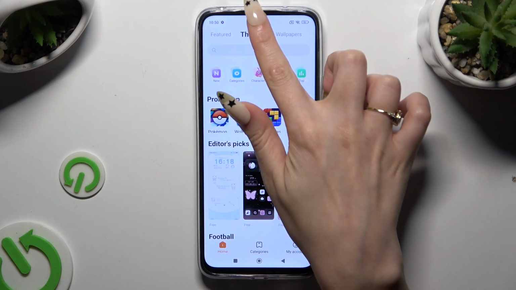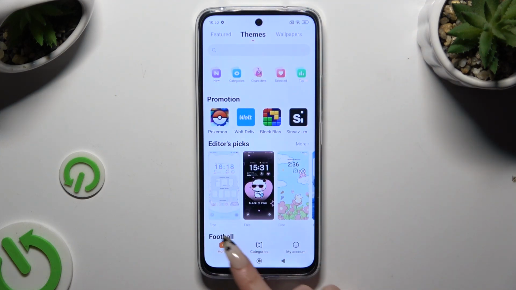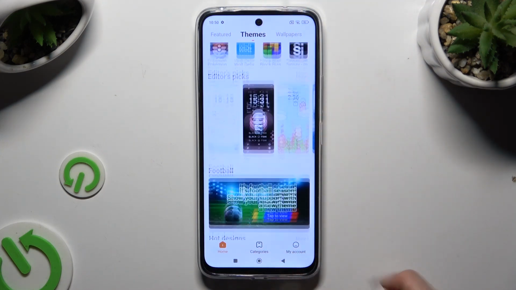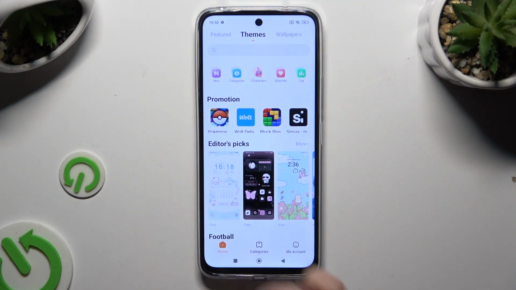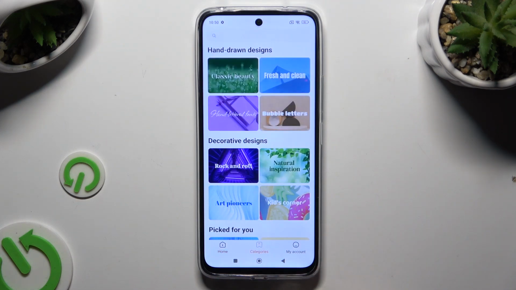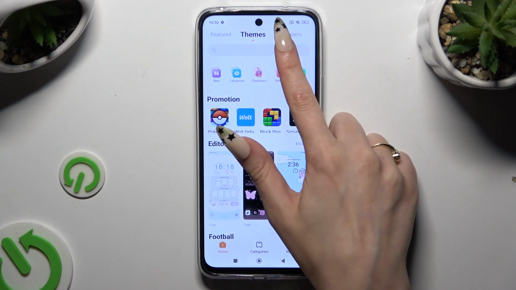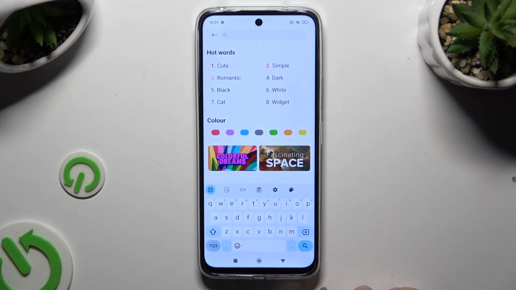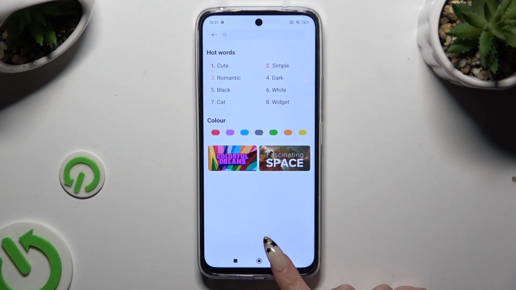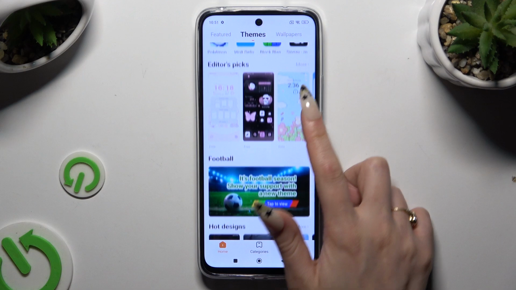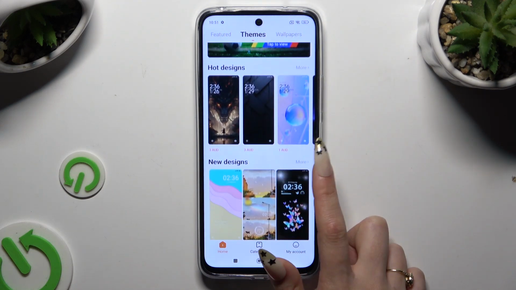You can tap on Themes at the top of Home category and pick one of those or choose one of those options. You can select categories and pick one of those right away, or tap on the search bar and type in whatever you want to. Either way, when you're ready, click on a perfect theme,